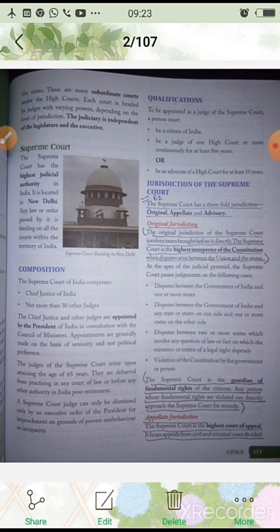Okay, then the judges of the Supreme Court retire upon attaining the age of 65 years. So how long can they work in the Supreme Court? The judges of the Supreme Court can work till the age of 65. They retire upon attaining the age of 65 years, and they are